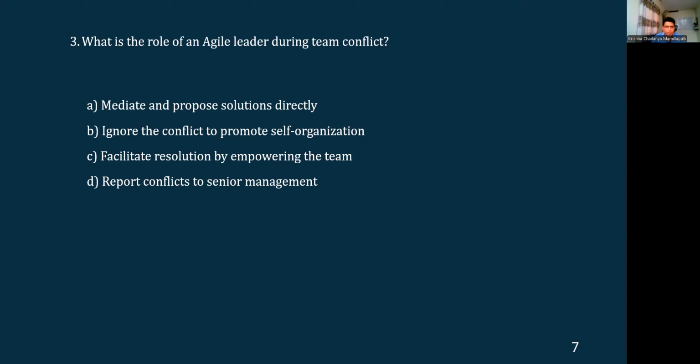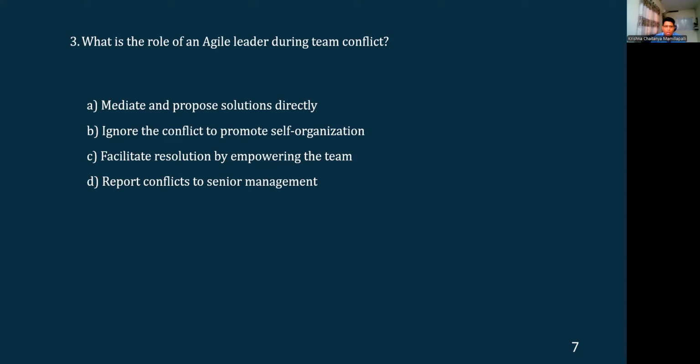And option C, facilitate resolution by empowering the team. Yes, this could be a right answer, because an Agile leader does not always directly jump to conclusions or directly give any solutions, but always facilitates a discussion among the team, so that they can reach a common consensus and resolve an issue or a query. Okay, so this could be the most probable answer, but we'll see what is the last